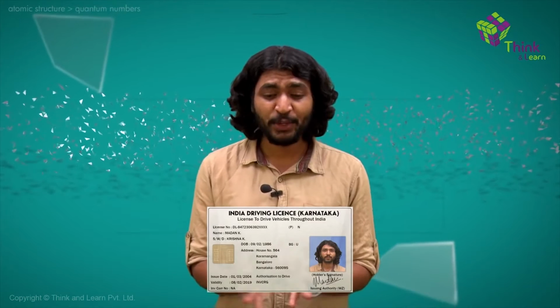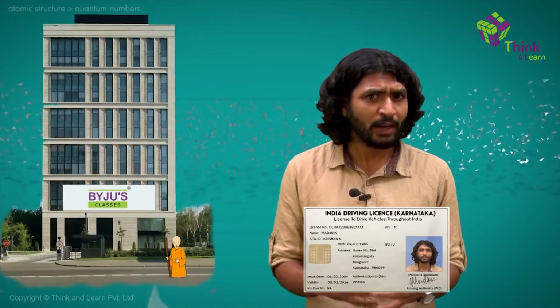Now I just want to show you something. What do you see on the screen? Yeah, that's my driver's license. What do you see in that? You have my photograph, you have my name, you have my address. Now, if I ask you to find me, locate me, what would you do? Yeah, I know, you'll go to that address, but would you find me there? Most likely not. But then what else would you do?